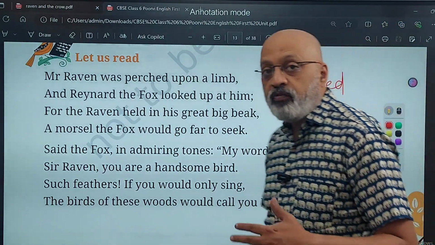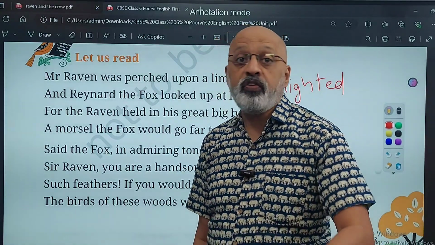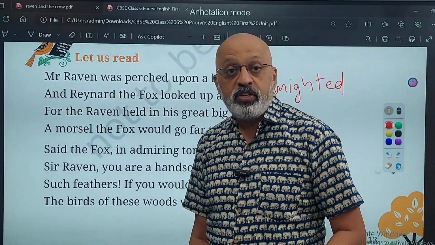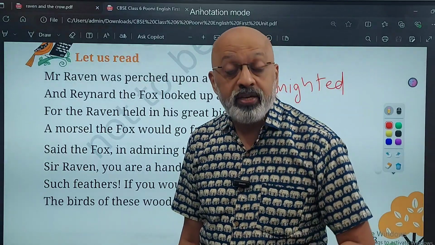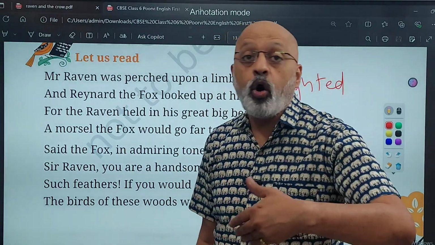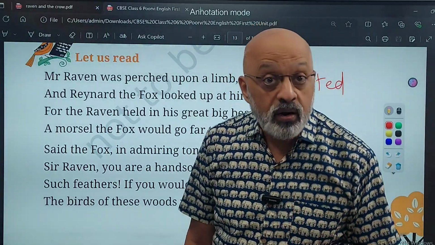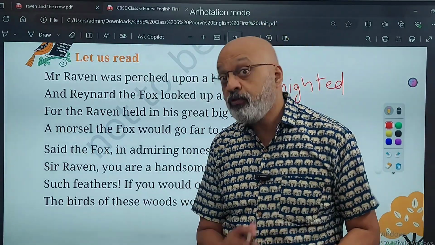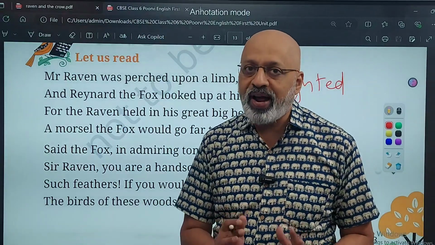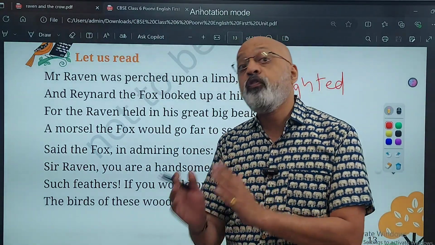The word is called knighted. When you are knighted, like for instance cricketer Vivian Richards, he's Sir Vivian Richards. Winston Churchill, the former Prime Minister of England, he's Sir Winston Churchill, right? So when you are knighted by the King or the Queen of England, you get to use the title of Sir before the name. Only people who are knighted get to prefix the word Sir before the name.